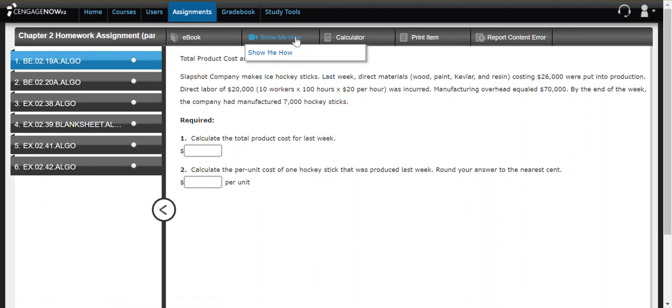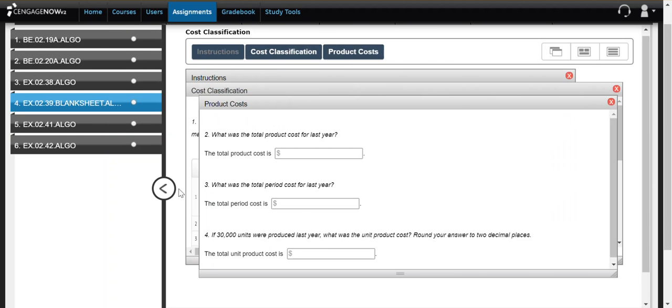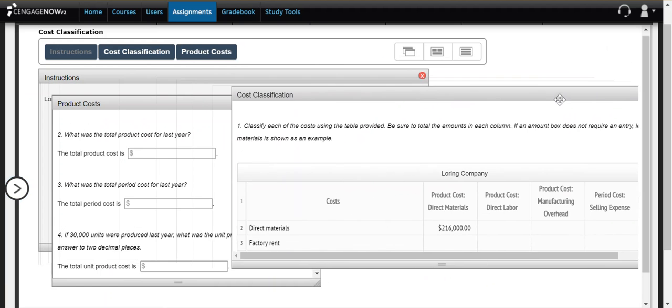They're also embedded into several of the homework questions that you have to do. So you can watch this video and it's going to show you how to solve a question that's similar to the problem that you're working on. You have a calculator, and you also can print out the item if you'd like to do it by hand first. You'll see here that they have different tabs. You can actually resize the screen so that you have all the information side by side